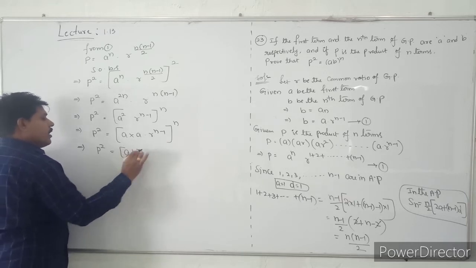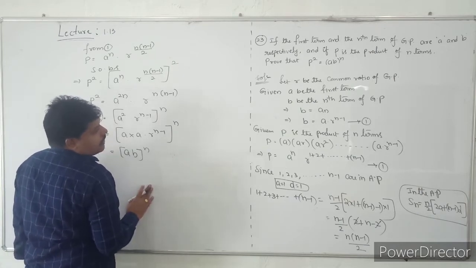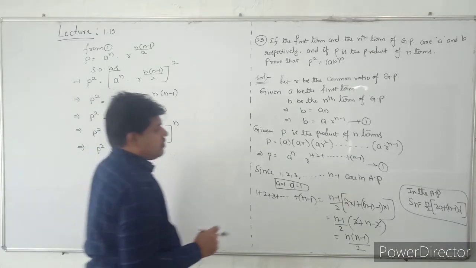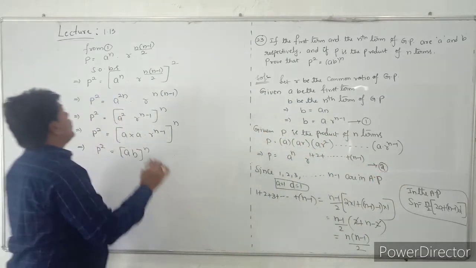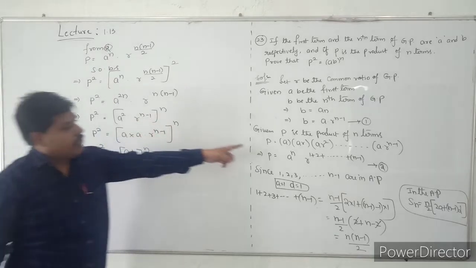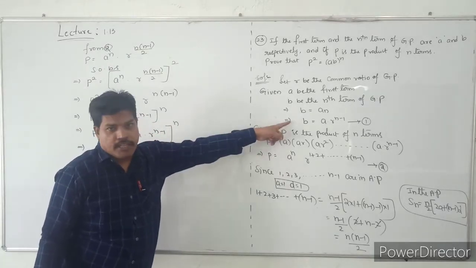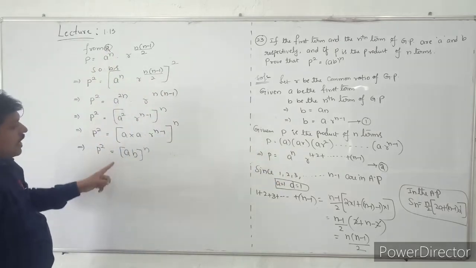So this will become... since see that one, it is not equation 1 actually. So already we are using equation 1. You can take this as equation number 2, and this is also equation number 2 actually. Why? Because we have already taken equation number 1. We can take this as equation number 2. From 2 you have calculated this one.